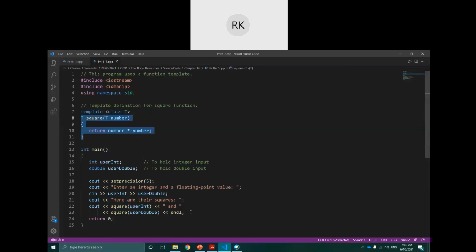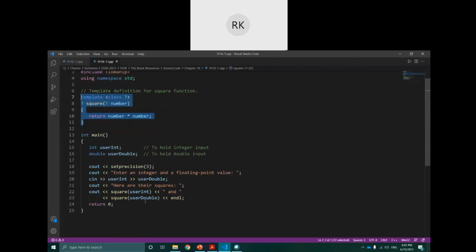If you don't define a template and you use normal functions to handle these two calls, you will have to define two functions, one for integer arguments and one for double arguments. Otherwise you cannot call with a double value if it only has integer.